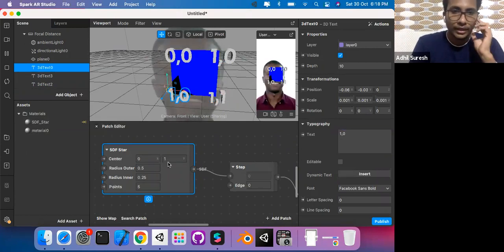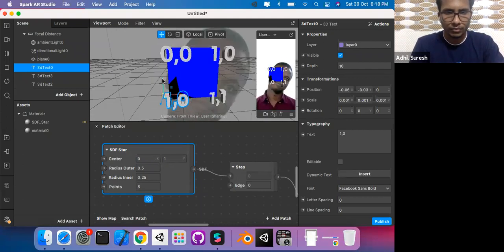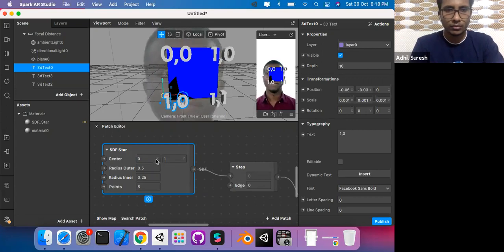So this is how the STF star gets rendered. Say for example, I put the center as 0, 0. It's getting rendered here. When I move 0, 1,